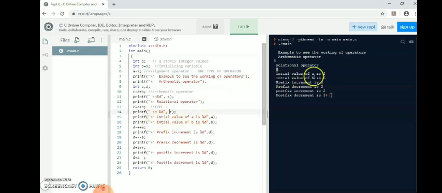The initial value of A is 2. Prefix increment: I said plus plus A, so it already gets added, 2 plus 1, 3. Then 3 is printed over there. Now prefix decrement, minus minus A. The initial value of A is 2, so 2 will be seen.